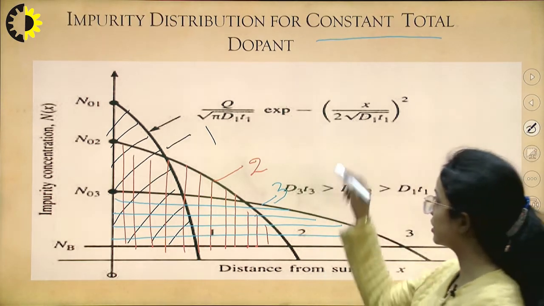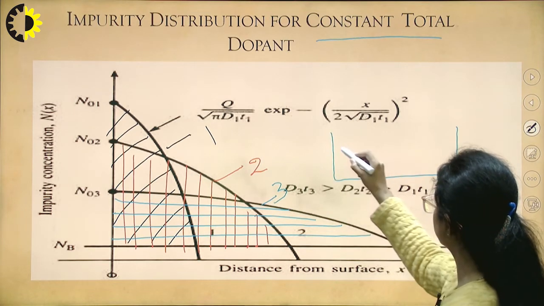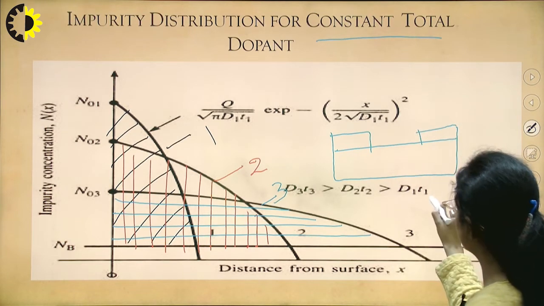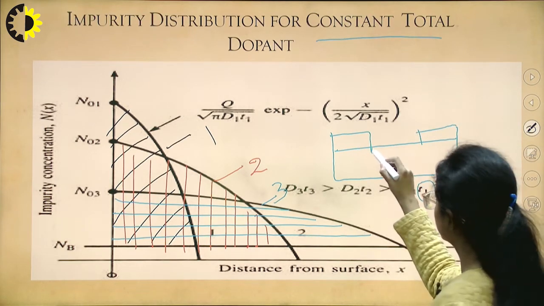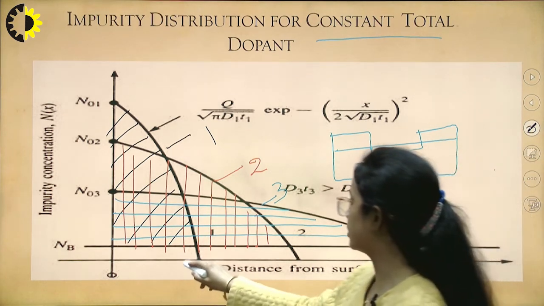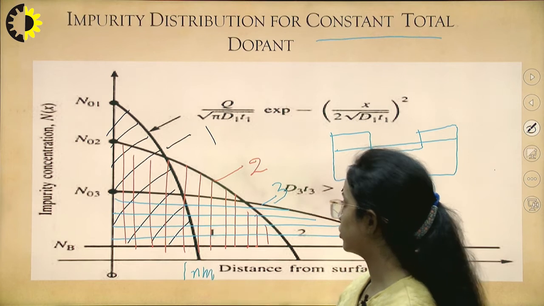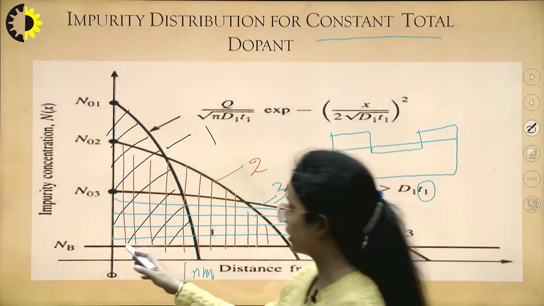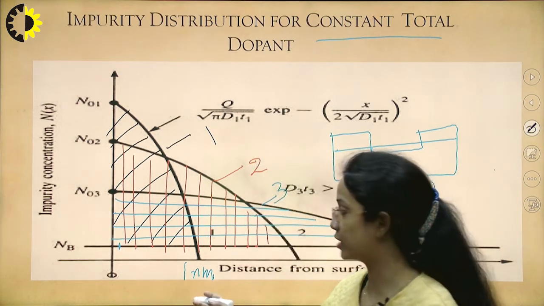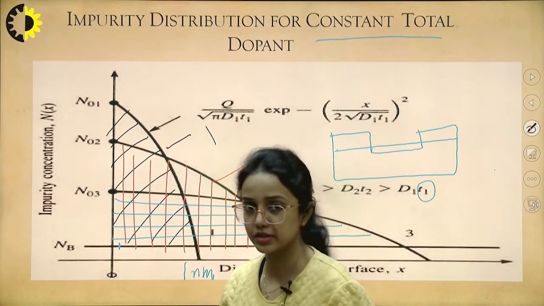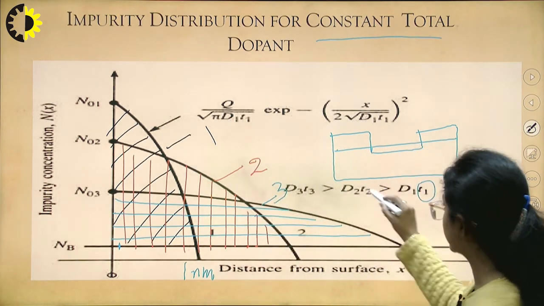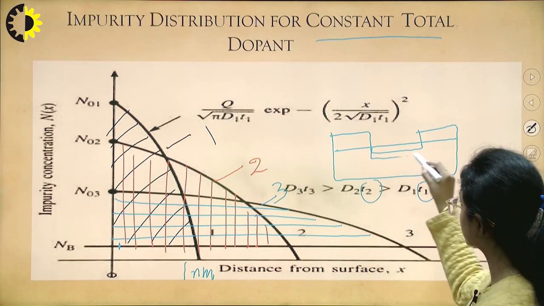So let us talk about the diffusion profile. At T equals T1, let's say we are just starting, so it is only this. Let's say it is 1 nanometer. When the process of diffusion has just started, the concentration is maximum. What is happening at the boundary? At the boundary, the concentration is maximum. So at T equals T2, we can see it has come here.